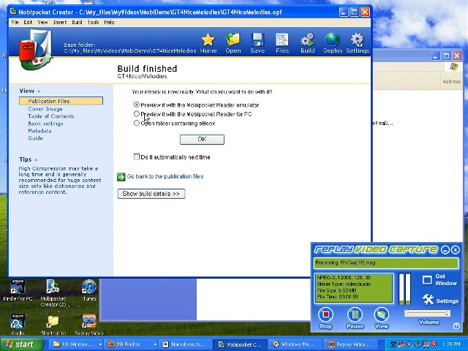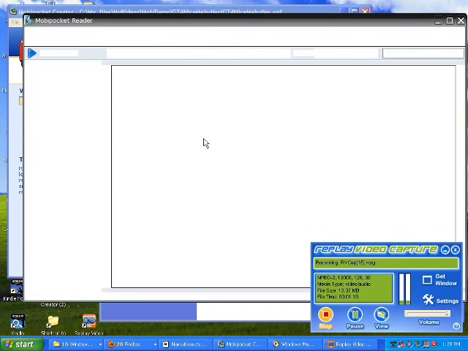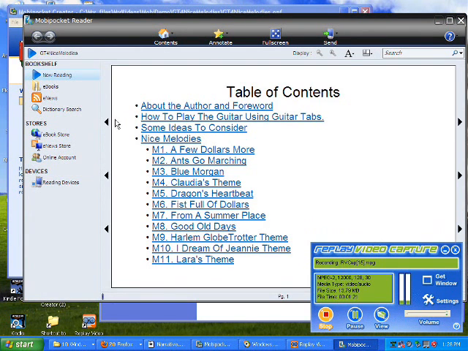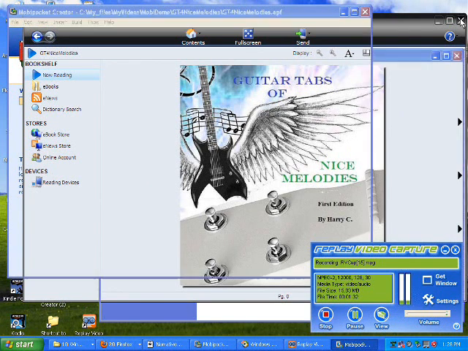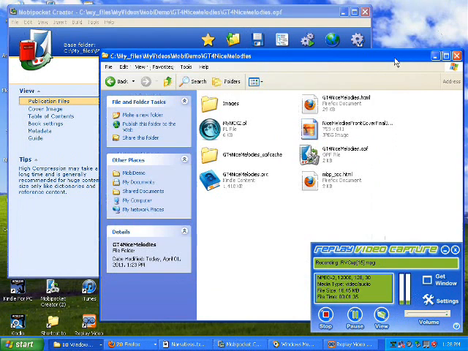Let's just try this one here, see what happens. I believe I have Mobipocket Reader also installed, which is another application that needs to be downloaded in order to use that. So click OK. Okay, it shows my table of contents and my cover image. Okay, I'll close that for now and go to the folder